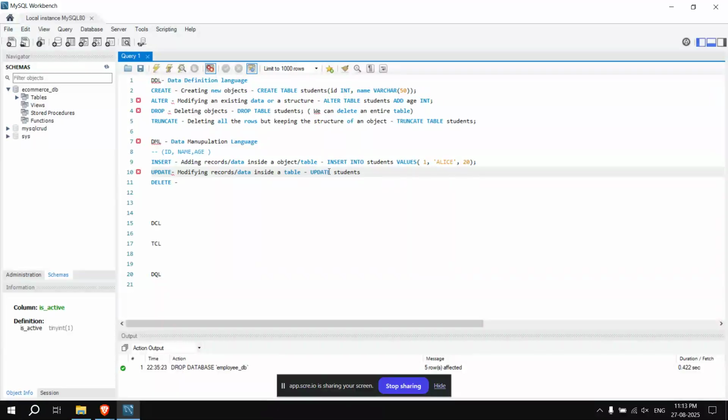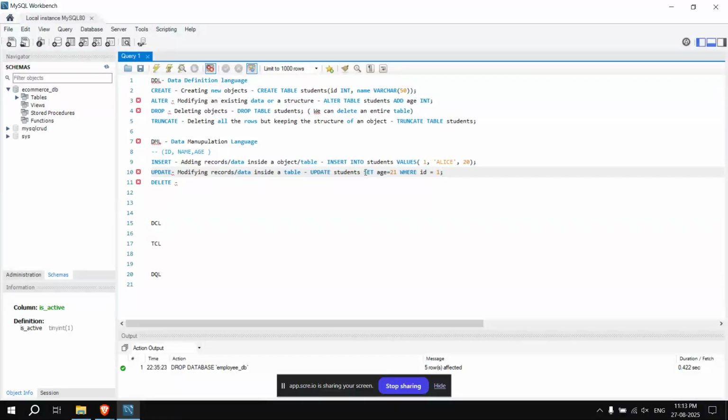Update is the command name, and the table name is students. Then comes set, and then the age equals 21. And then comes the where clause, where id equals 1.